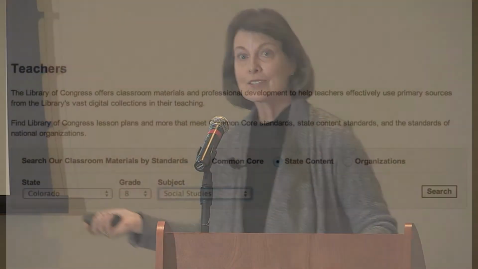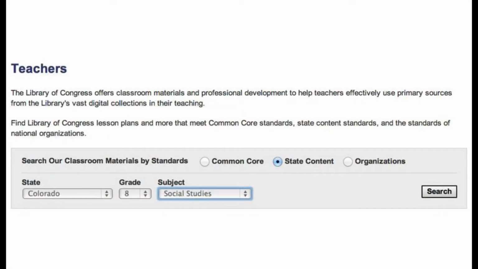Primary source sets, those wonderful sets that are pre-selected for you on a certain topic. Lesson plans. Presentations, which are more media-rich presentations and activities, and finally something called collection connections, which is really great for a higher level kid, your AP kids, for example, because it gives a lot more historical context for each of the items. So if I were to search on my state standards, I just click State Content, Colorado, and I